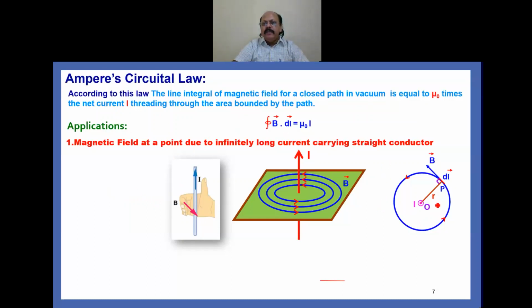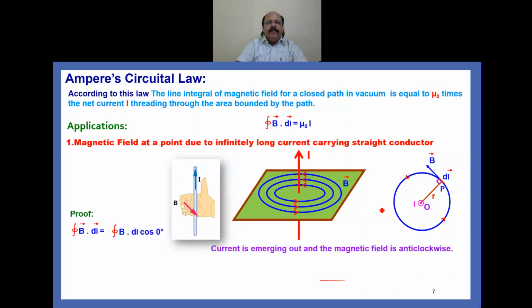Its radius is small r. You can see here in the diagram, the third diagram, this closed loop having radius small r, and the magnetic field lines are in anti-clockwise direction. When we draw a tangent to the magnetic field lines, it gives the direction of the magnetic field, and this dl vector is a small length element. So B vector and dl vector are both in the same direction, so the angle between them is 0. Our aim is to find the magnetic field at point P. So apply Ampere's circuital law.